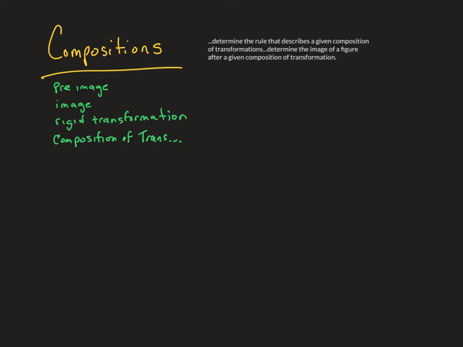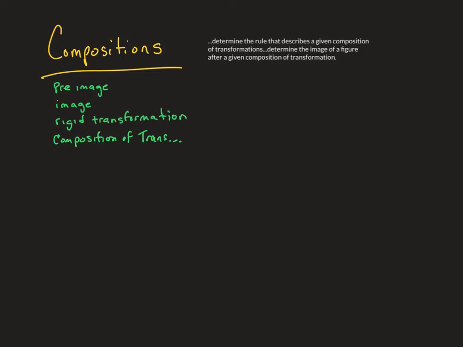As we continue to discuss geometric transformations, things that we want to keep in mind are our pre-image and then our image, and of course the rigid transformations, which included our translation, a reflection, and a rotation. So as we start working with